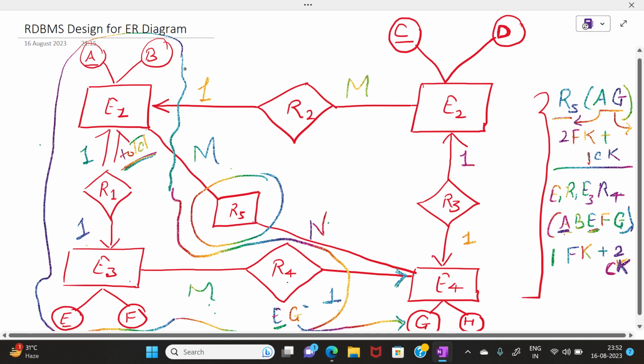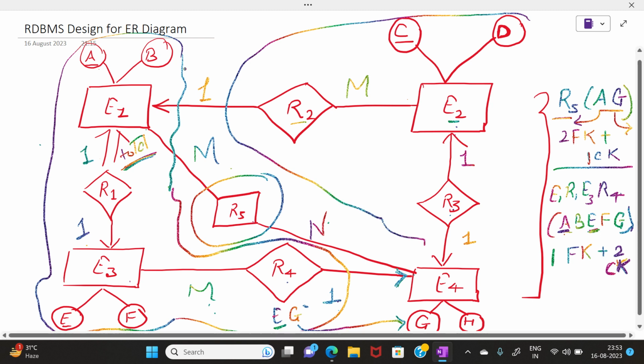Okay, similarly, this is left. So this is 1 is to M mapping. Of course R2 can be grouped with E2, and this is 1 is to 1 mapping, so we can have R3 covered up with E2 as well, because these can be classified into two tables. So let's take R3 with E2. So if we map these all together as one,